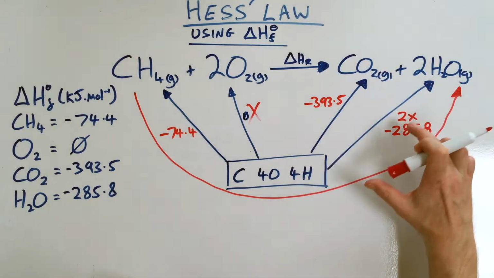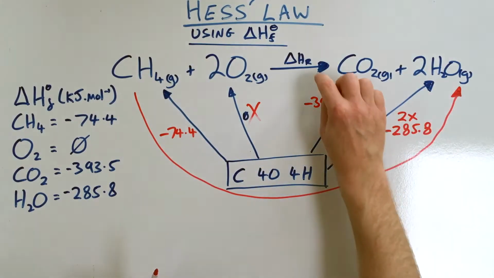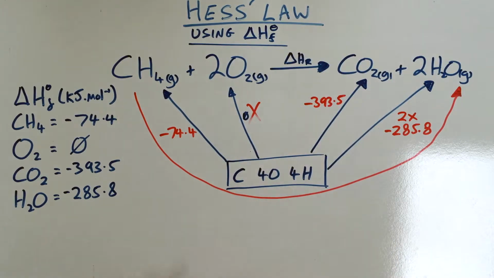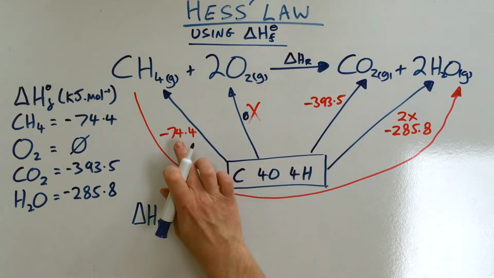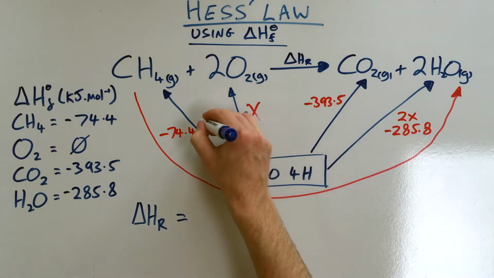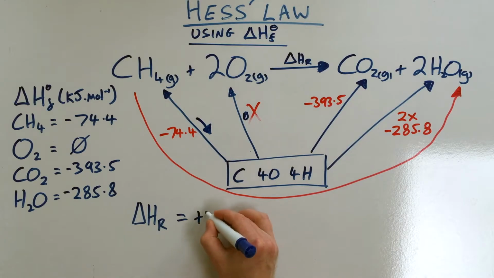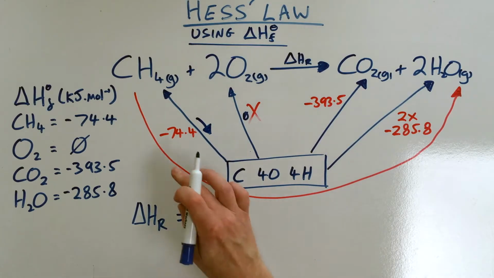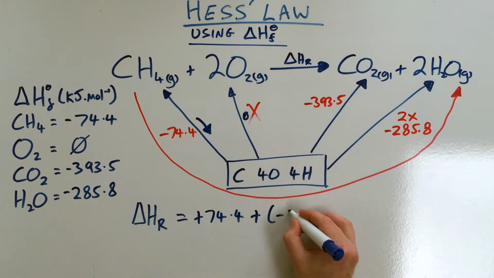These are going the right way, so we can leave these numbers as they are. So if you remember in Hess's law, the sum of these equals the delta H for that reaction. So delta HR for our reaction at the top equals not minus 74, we are reversing this, we are inverting that number, so it's actually plus 74.4, positive 74.4,